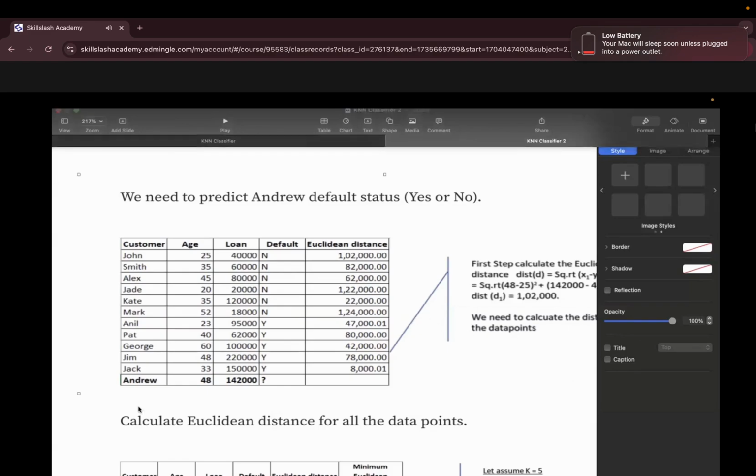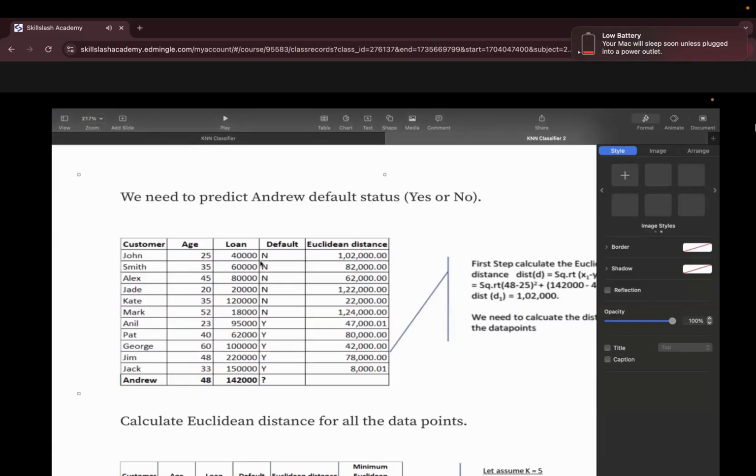Advantages and disadvantages. Just understand that the model does not depend upon the number of entries in the data set. Even if you give a lakh of entries, this is going to work perfectly fine, but it will cost you more. It will turn out to be expensive for any normal day user. Since this is the data point from one to another, we are going to find the Euclidean distance one by one. So this is for Andrew, guys.